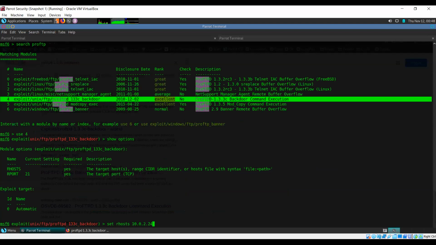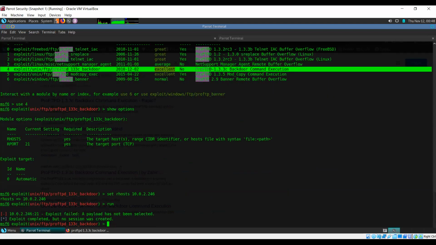Now with selecting payloads, you need to sometimes try multiple things. CMD Unix. Okay, set payload.